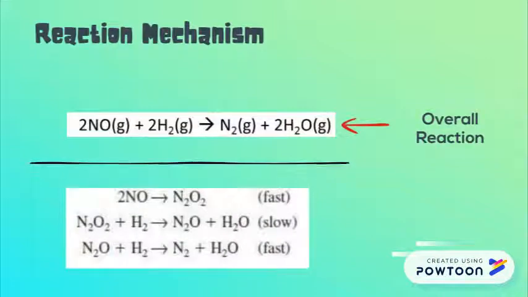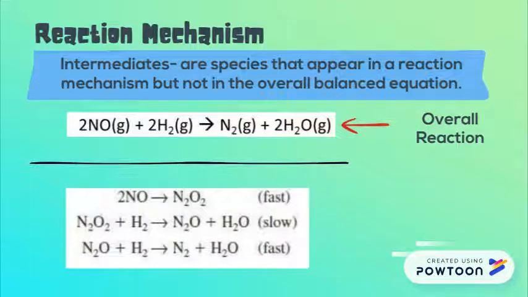Looking at a reaction mechanism, we can identify any intermediates. These are substances produced first as a product and then used in a later step in the mechanism. In this example, we have two intermediates, N2O2, which is produced in the first step, and N2O, which is produced